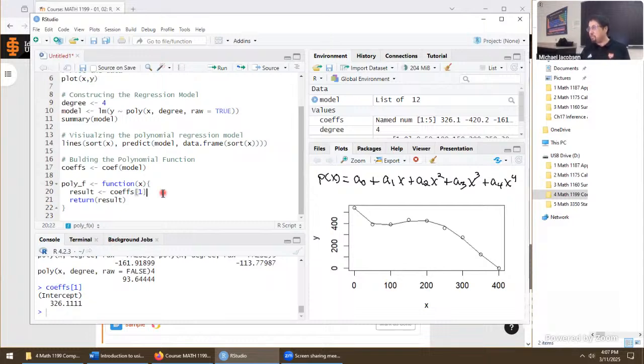So go like that. And now we've got a function. Not the whole function, right? This is just the very first term of the function. But at least we're getting there. And here's what you could do if you want to work really hard. Go plus COEFFS 2 times x. That's the next term of the function, and we can keep on tacking these on.